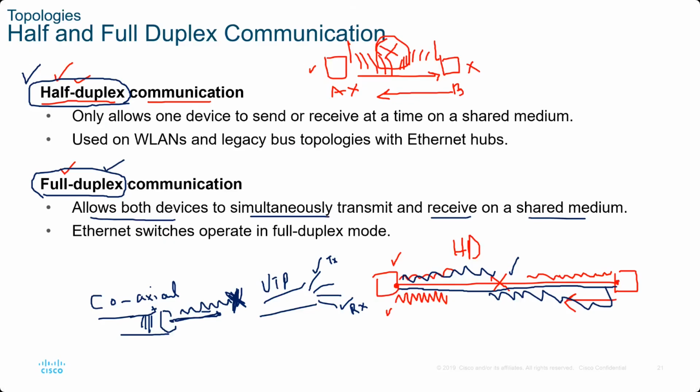The only way full duplex communication is possible is because we have different wires in UTP for transmission and different wires for receiving. Otherwise, you cannot have full duplex communication. And Ethernet switches operate in full duplex mode. The switch we talk about always,